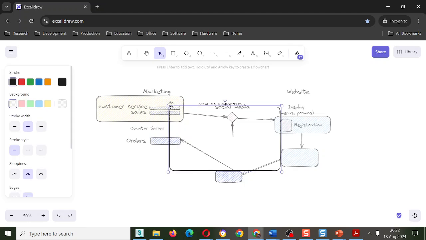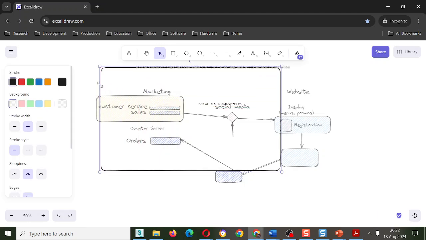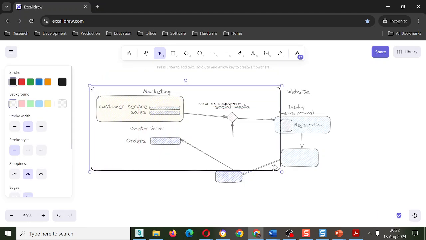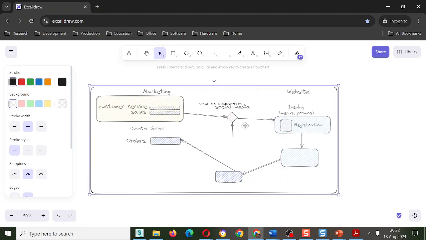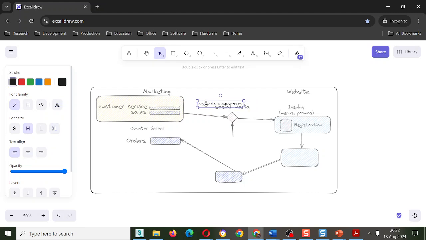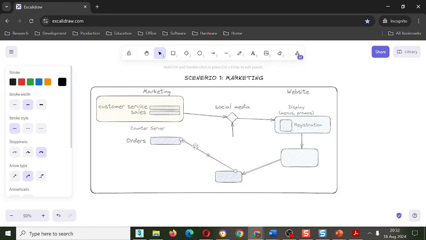Let me enlarge this one. Like so. And this one, I'll go here, extra large, like that. So I've isolated marketing. So this becomes my scenario 1.